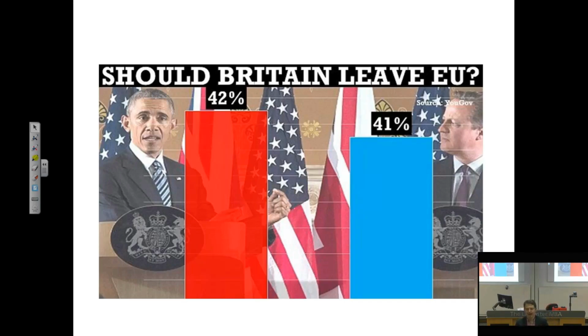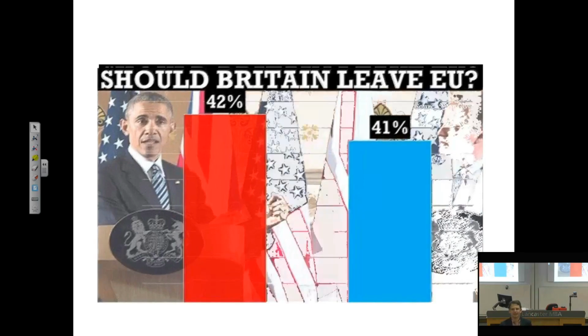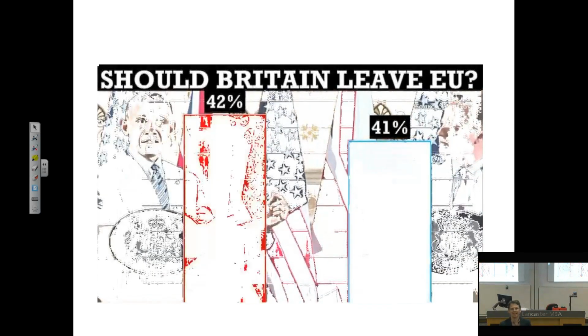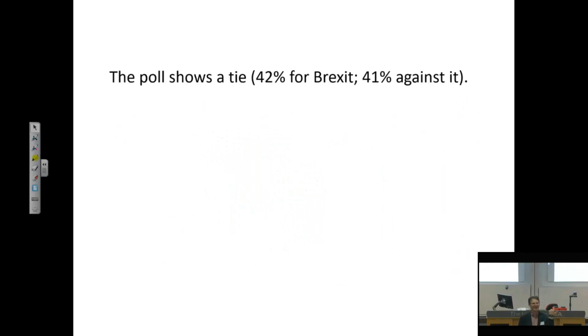So if we just get rid of things that we don't need in the graph, that don't contain content and information, we just end up with these two numbers and perhaps the question, right? Maybe a line of text would say the same thing, and we would save all the space here that we can use to perhaps analyze the situation, but that would probably be too much to ask from some of the newspapers.